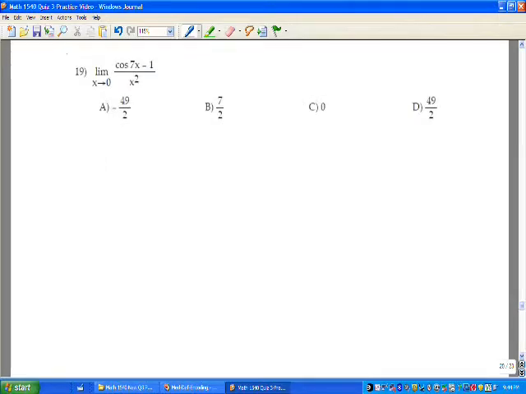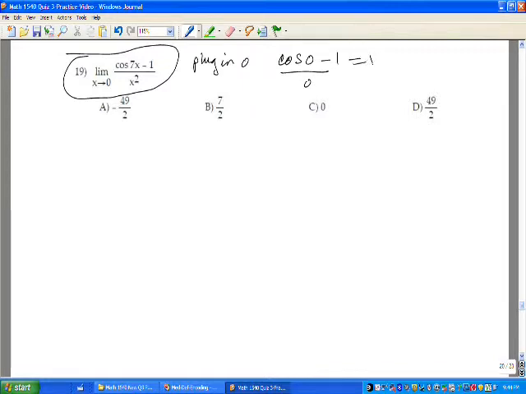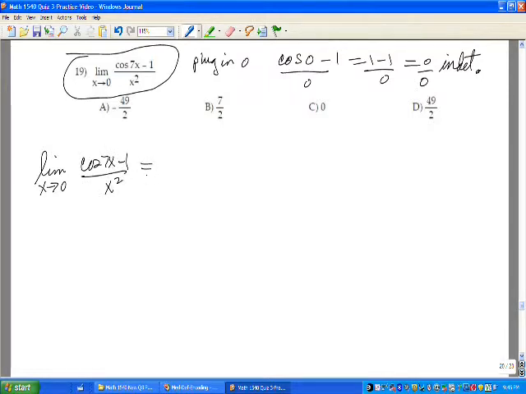Okay, problem 19 asks us to find the limit of this expression as x approaches 0, and we're going to use L'Hopital's rule to do this. If we first try to calculate this by plugging in 0 in the numerator and denominator, we get cosine of 0 minus 1 over 0, which equals 1 minus 1 over 0, which equals 0 over 0, and it's indeterminate. So we want to use L'Hopital's rule, which says that the limit as x approaches 0 of cosine of 7x minus 1 over x squared, if it's indeterminate, is equal to